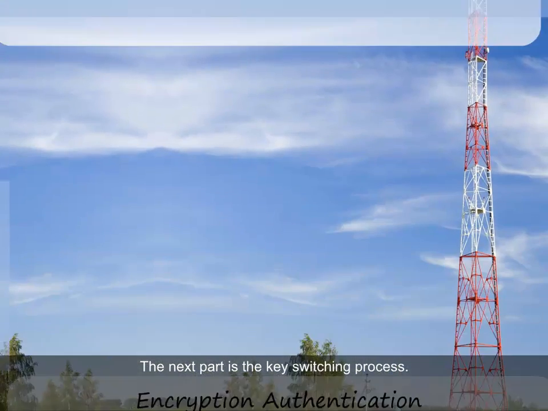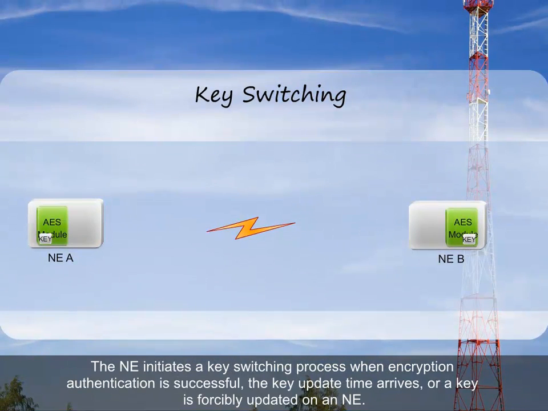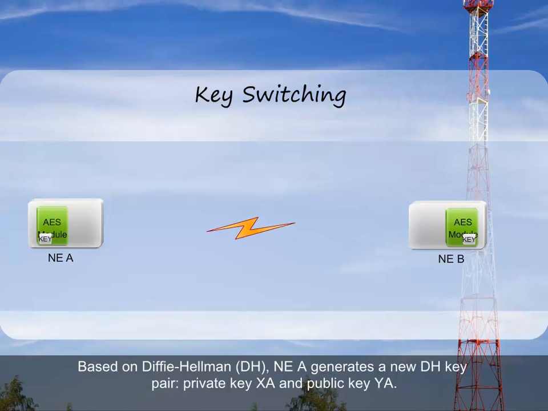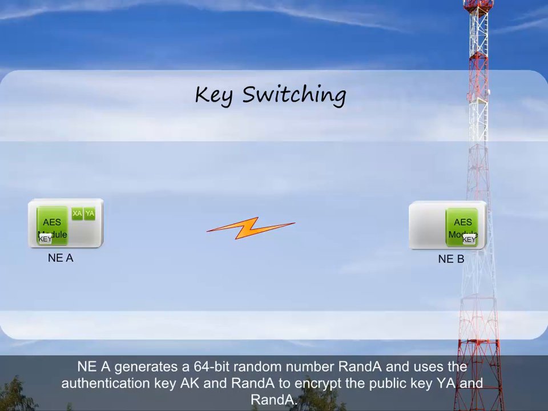The next part is the key switching process. The NE initiates a key switching process when encryption authentication is successful, or when the key update time arrives, where a key is forcibly updated on an NE. Note: key negotiation requests and responses are transmitted through overheads in microwave frames. Based on Diffie-Hellman, DH, NEA generates a new DH key pair, private key XA and public key YA. NEA generates a 64-bit random number, RNA, and uses the authentication key AK and RNA to encrypt the public key